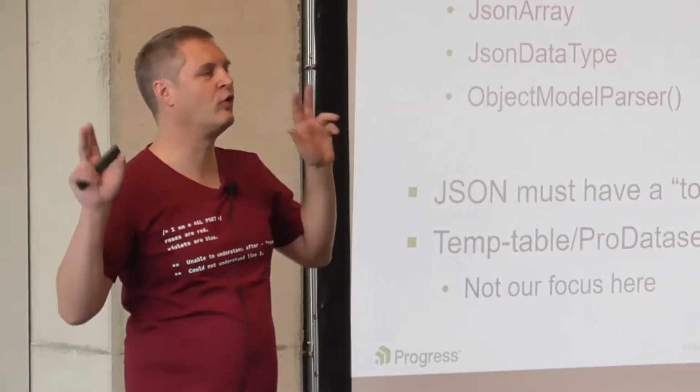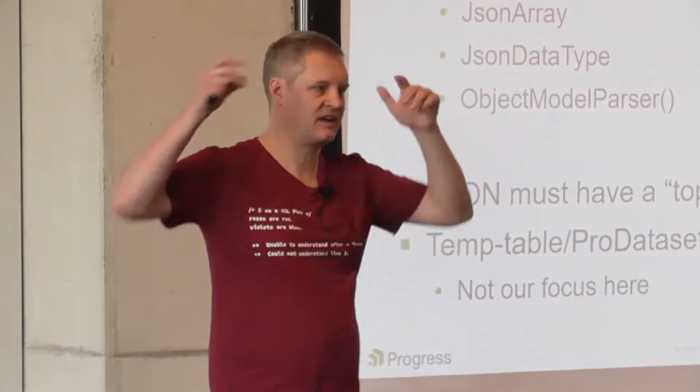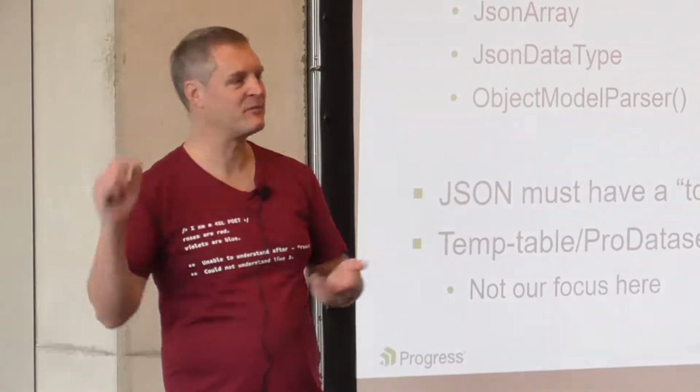Like formal JSON is allowed to have just a primitive value on its own without any square brace or curly brace. So you can have a null or a string or a date, well, not a date, a date is a string, a null or a number or whatever without curly braces. We don't support that, unfortunately.